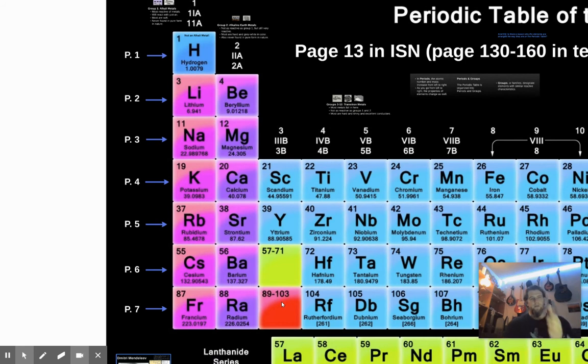Alrighty, so there we go. There's all of our alkali earth metals: hydrogen, lithium, sodium, potassium, rubidium, cesium, and francium. Now, it might strike you as weird. You might think sodium, isn't that salt? Well, it is when it's combined with chlorine, which we're going to see a little bit later on. So chlorine is a poisonous gas. Sodium is an explosive metal. But when those two chemically combine, they make table salt. That's NaCl, if you've ever heard that chemical formula, that is just salt. And it's just a chemical combination of sodium and chlorine.